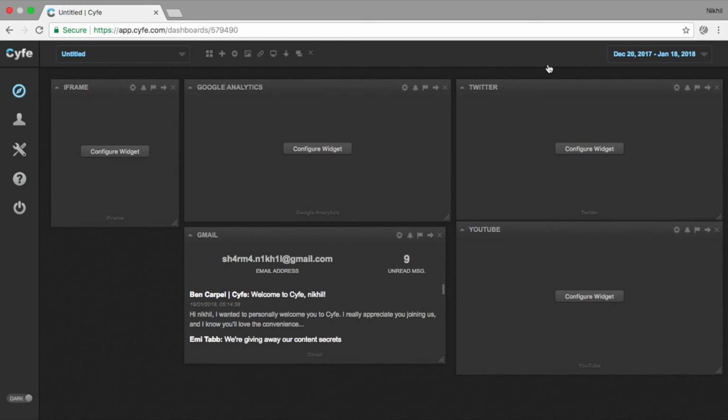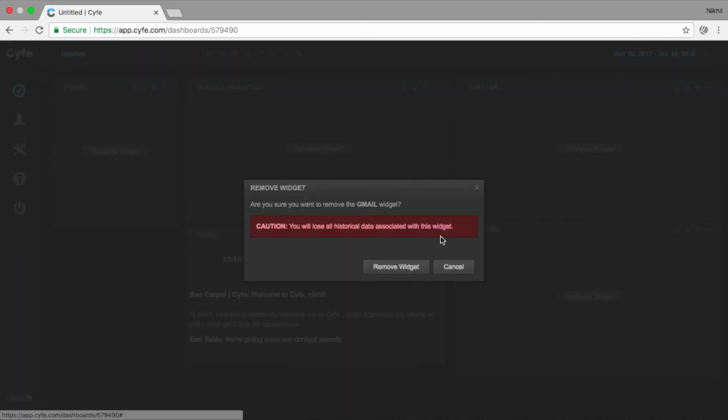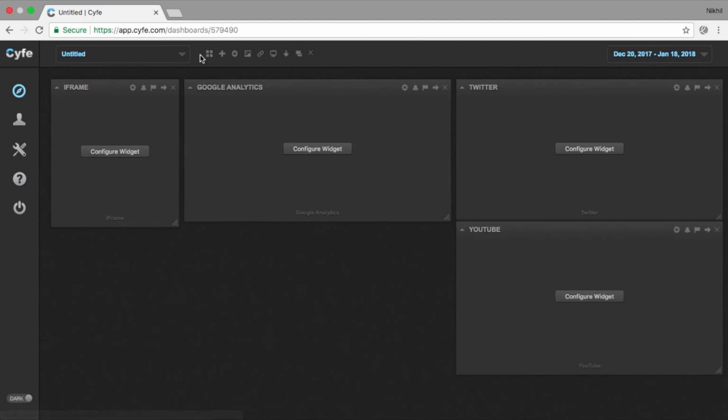Once you have logged in successfully, you'll be greeted with a Cyfe dashboard. This is what a normal dashboard looks like, and these are the widgets that you can set up. As you can see here, I've already configured my Gmail with Cyfe. Let me go ahead and remove it for right now, and I'll re-add this to show you how this is